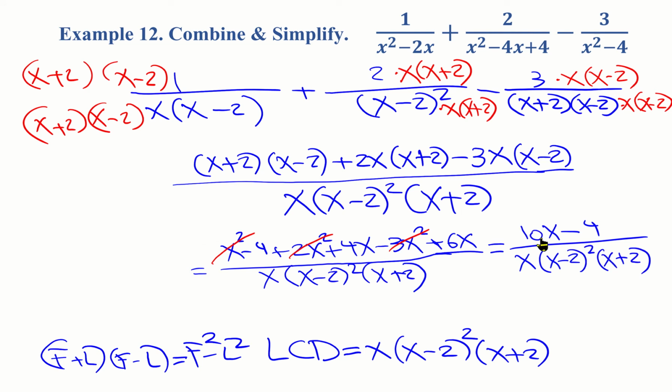Now, we notice, yeah, there is a common factor of 2, right? But if you factor that out, what's it going to leave you? Let's see, down here. It leaves you 5x minus 2. Notice that will not be able to cancel with anything, so you'll be stuck anyway, and that would be it. So, given that we've tried and there's no more cancellation possible, we go ahead and box it,